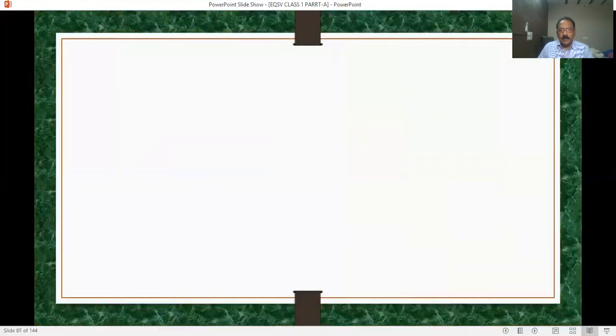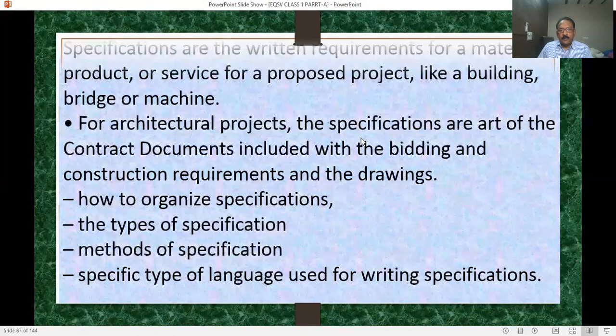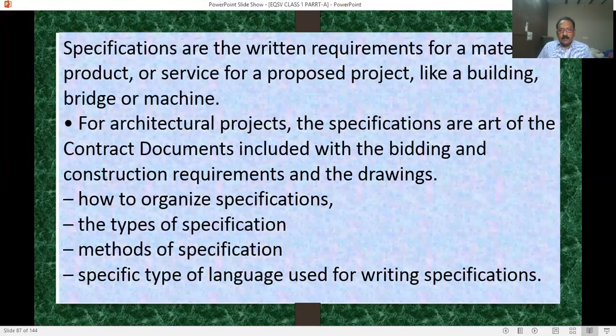Specifications vary with the project, like for residential building, commercial building, multiplex, industrial building, bridge or machine, whatever it may be.